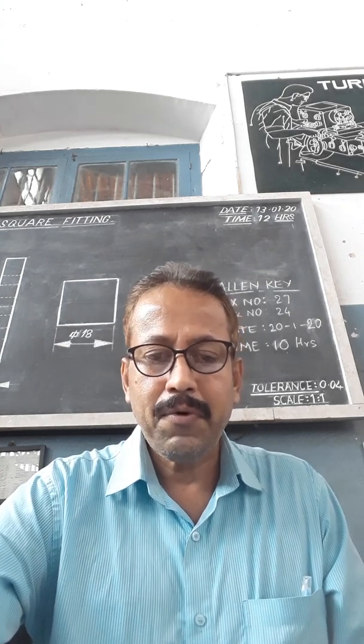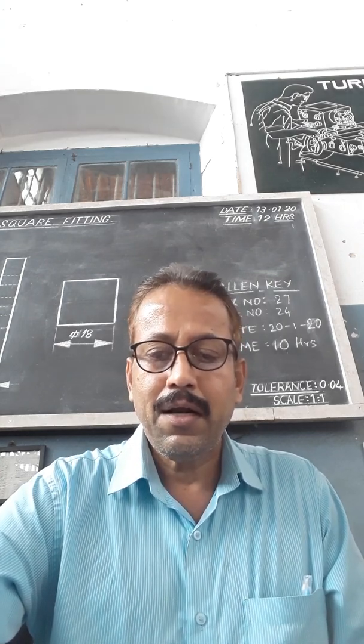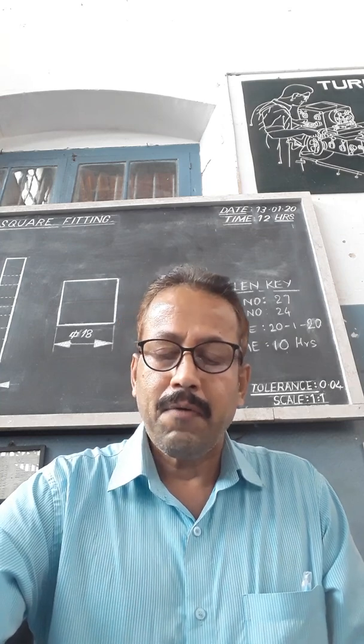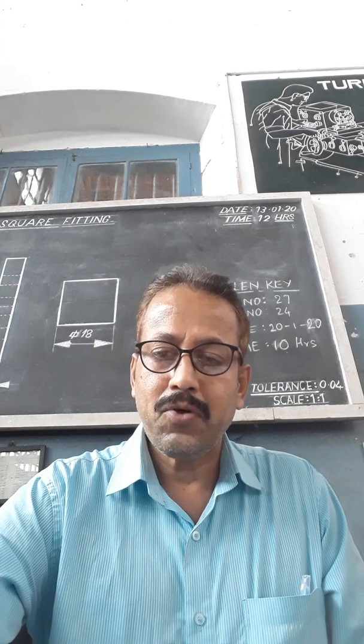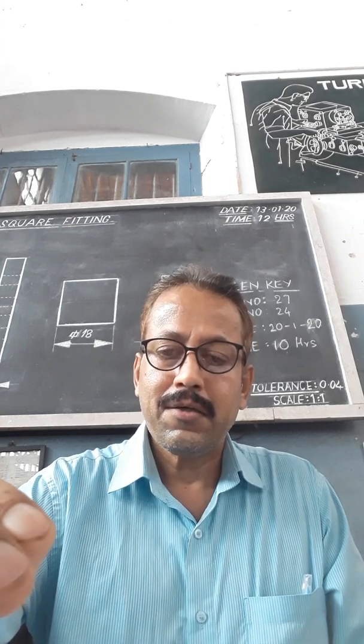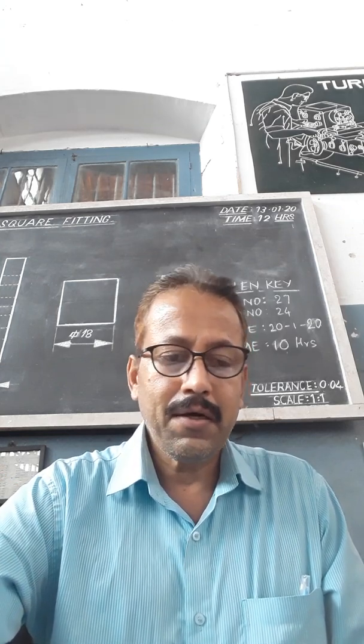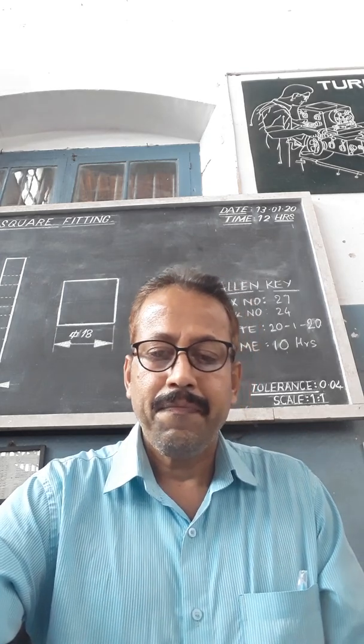So this is the example given, and by this we have to calculate, and like this we can build up different sizes, or we can compare the dimension of the job by selecting the slip gauges or building up sizes by the trial and error method. So that is also possible.